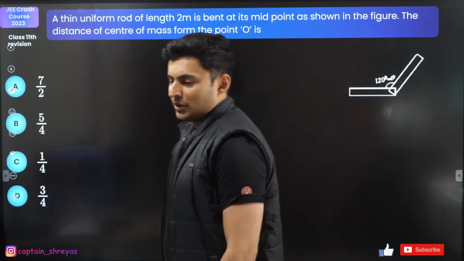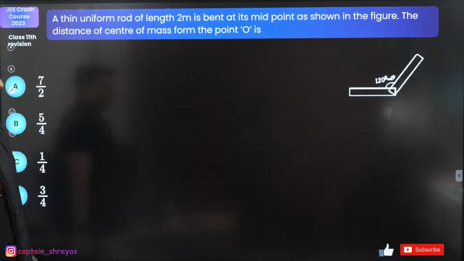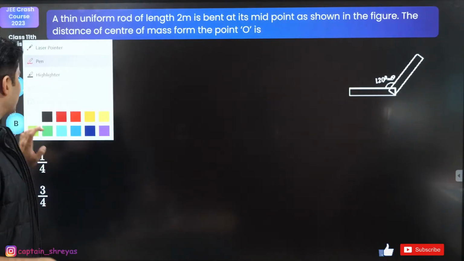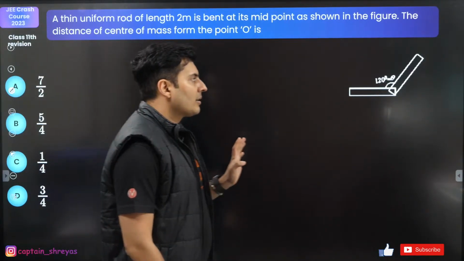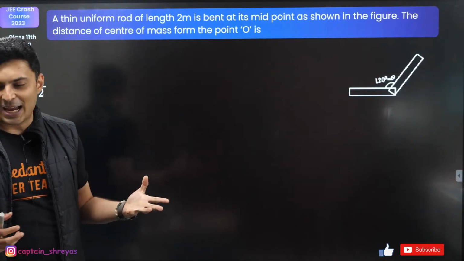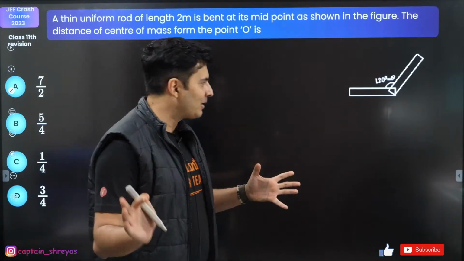Next question coming up on your screen. What does it say? Bent rods. Question is, where is the center of mass? Simple, easy peasy. Now, a lot of students are going to find x and y coordinates and then do the problem, but I am going to do it in a much easier and simpler fashion.